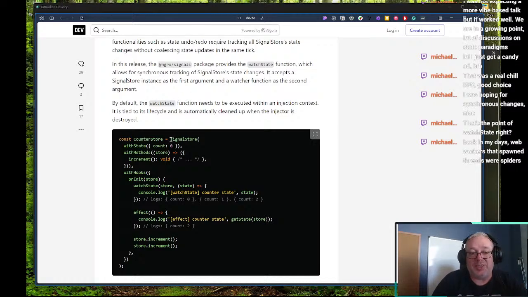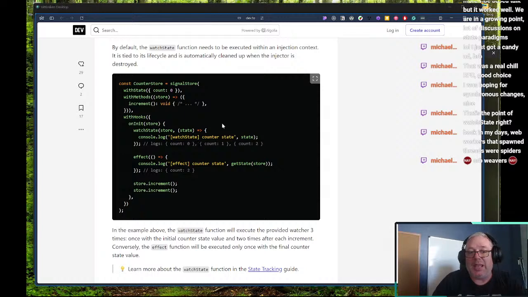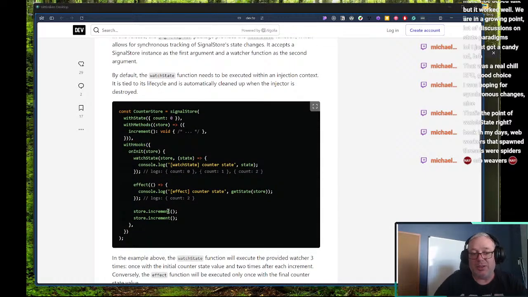Anyway, the point of watch state is not to do a synchronous thing, but to give you a place where anytime the state changes, you can do something, right? So here you'll see that they're calling store increment right away. And so we're going from 0 to 1 to 2. And you'll see that with the effect and with get state, we're losing some of those increments. Whereas with watch state, we get the initial state and then we get each increment, which allows us to,